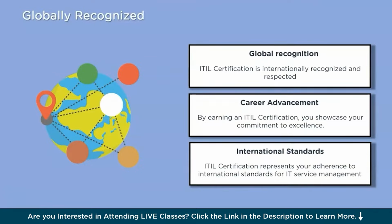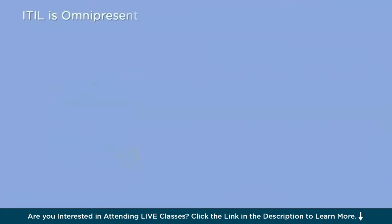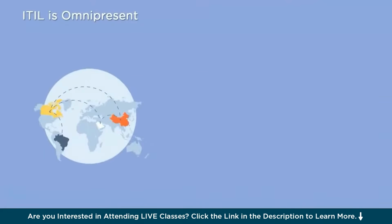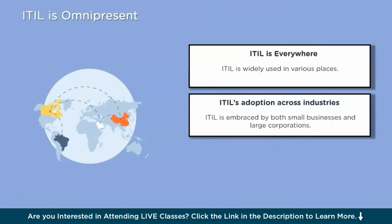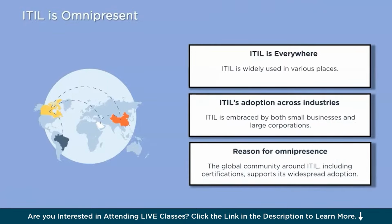The next is ITIL is omnipresent. ITIL being omnipresent means that it is everywhere and widely used in various places. It has become a common and well-known framework for managing IT services across different industries and organizations. Whether it's a small business or a large corporation, many companies rely on ITIL to guide them in delivering high-quality